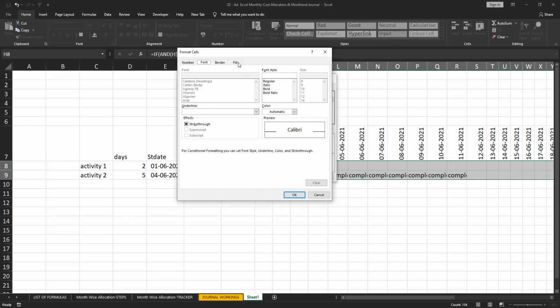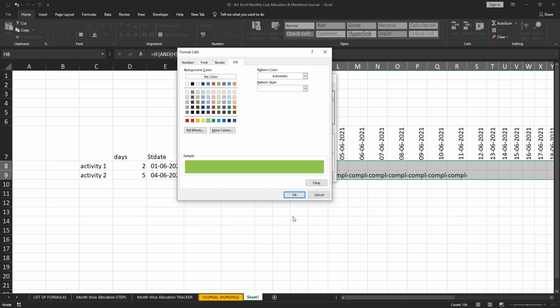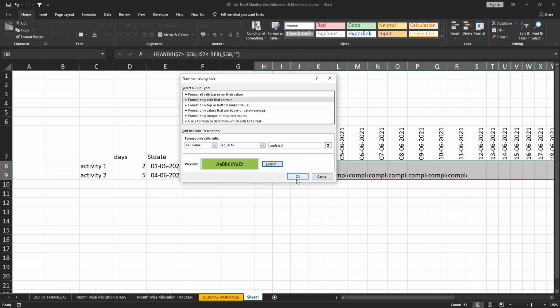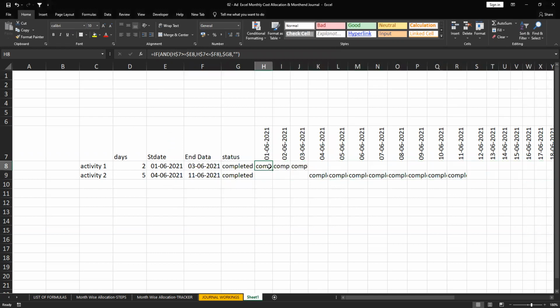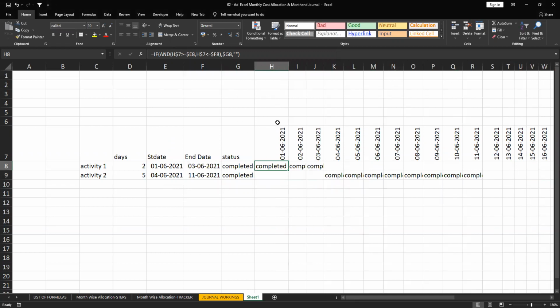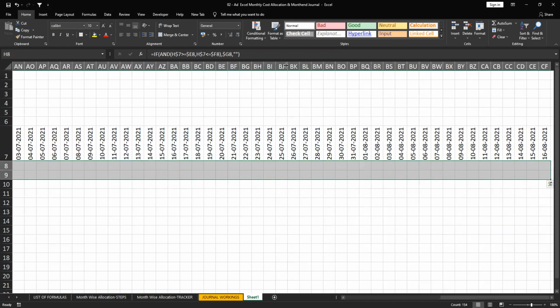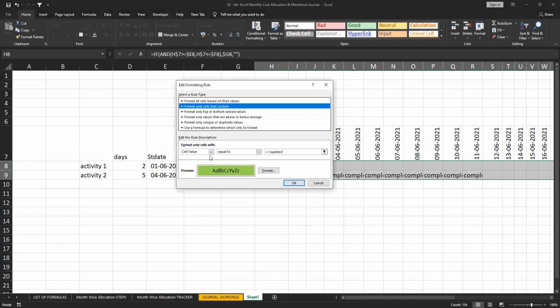I want to fill, say, green. Selected, manage rules, edit.